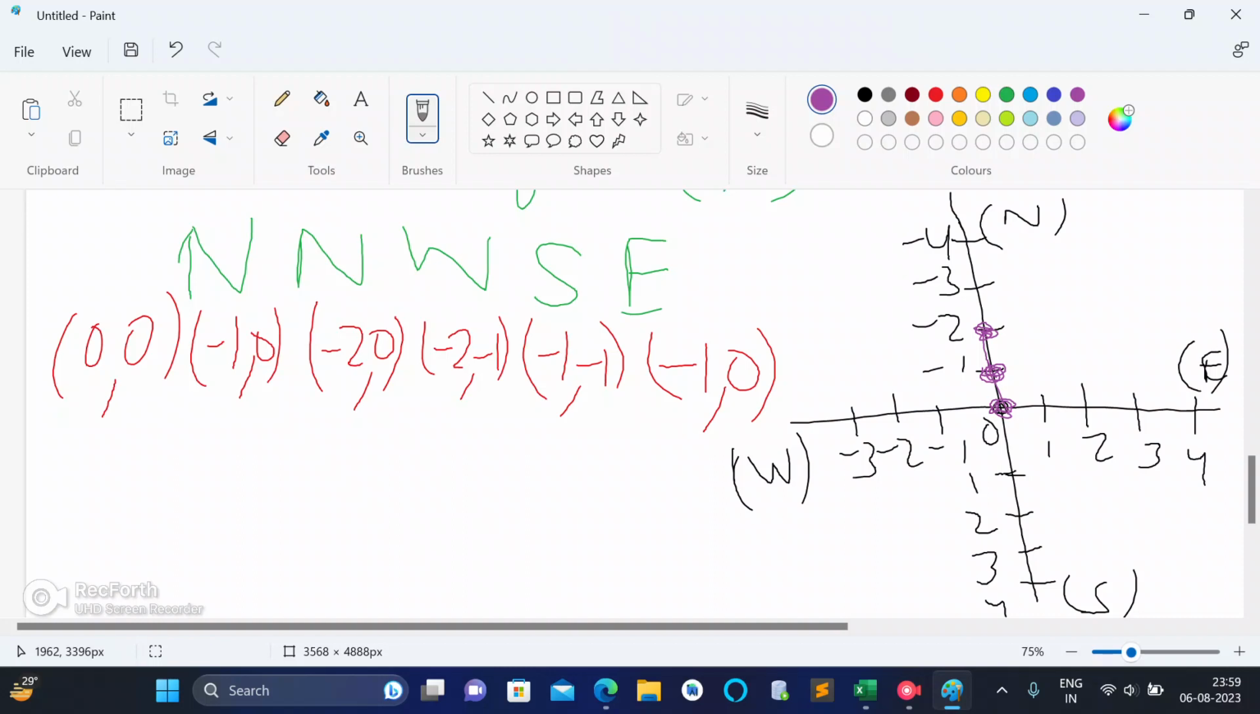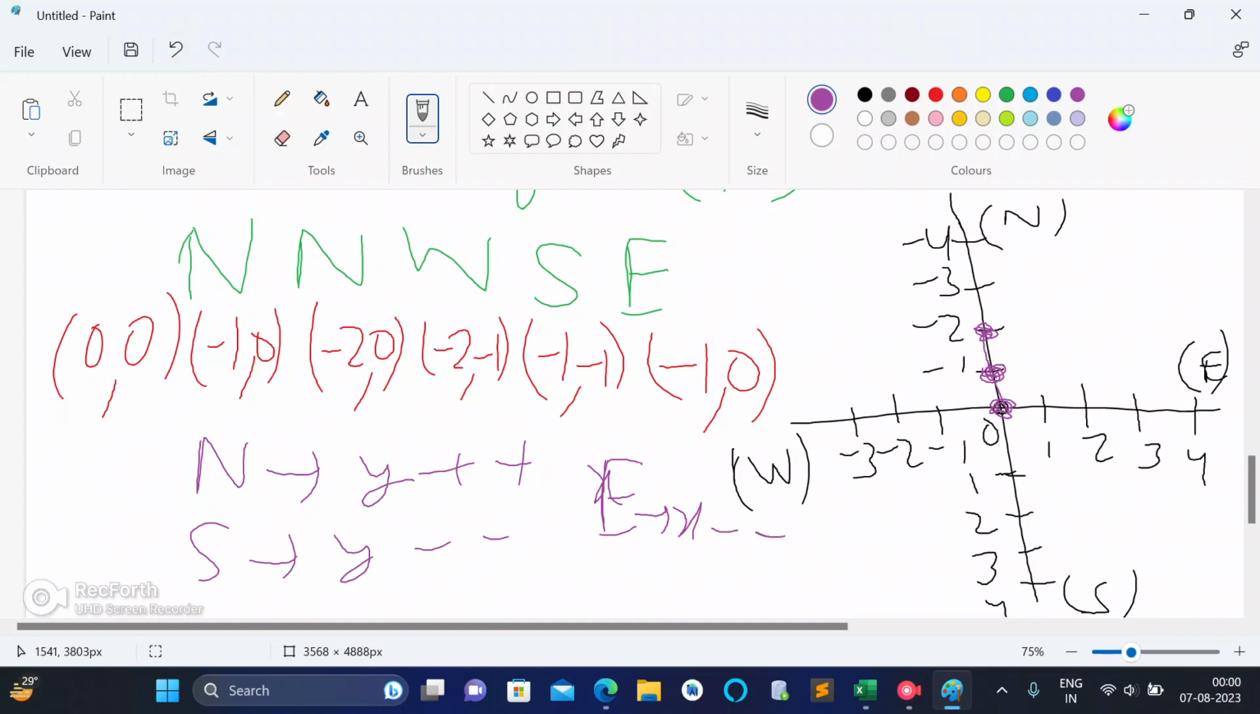Again I am saying you can take the convention as you find it easy. That is, you can also take that north is y plus plus, south is y minus minus, east is x minus minus, and west is x plus plus. You can take any convention according to your wish, but remember, north should be opposite of south and east should be opposite of west. This is the only thing which you have to remember, and you can take any convention. For now, this time, the convention which I am using is